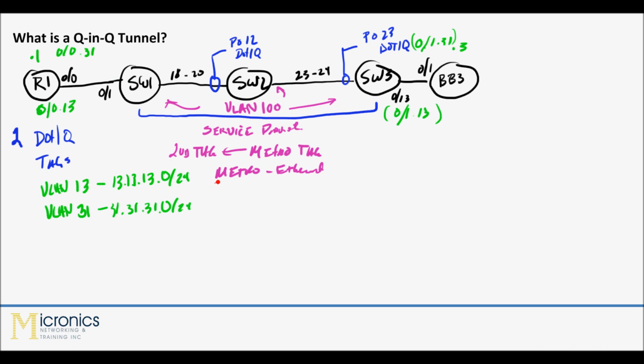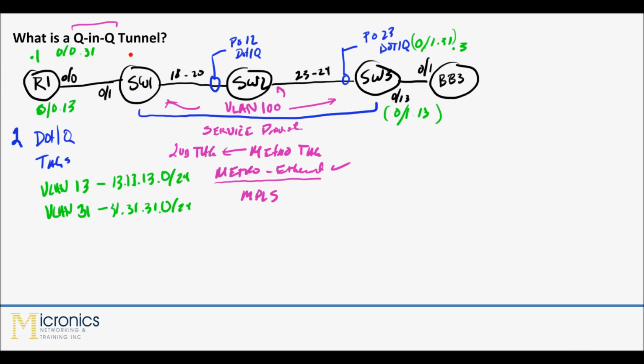Now, we'll discuss another technology called MPLS that uses some very similar terms as far as provider edge devices and things along those lines, and provides service across a fabric, in this instance a routing fabric, that does some similar things. But the fundamental benefit of Metro E, or this metro tagging, or this QnQ concept, is the fact that we do not have to run a routing protocol or a static routing process